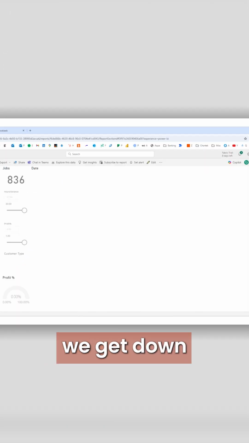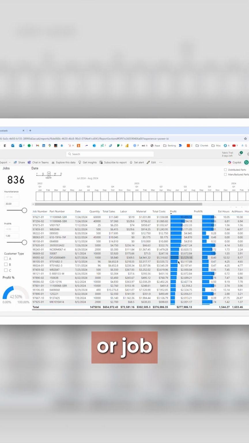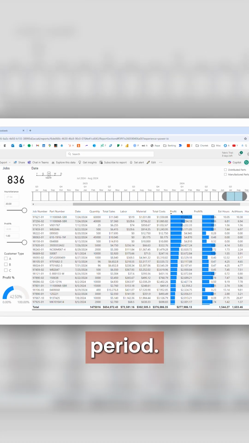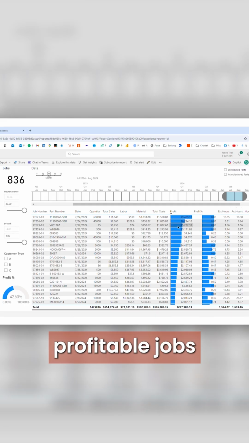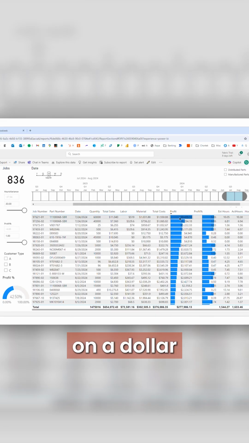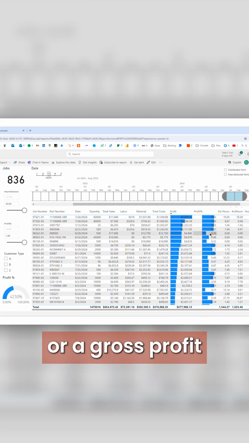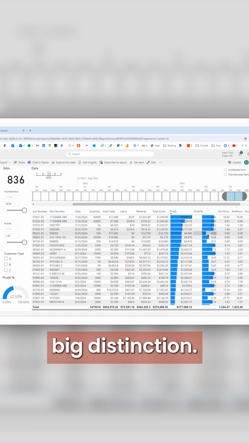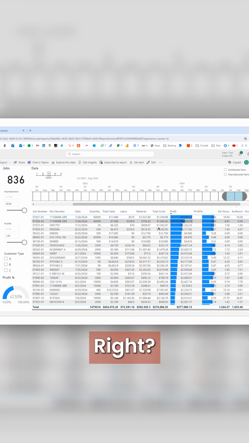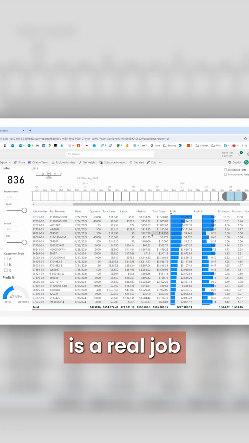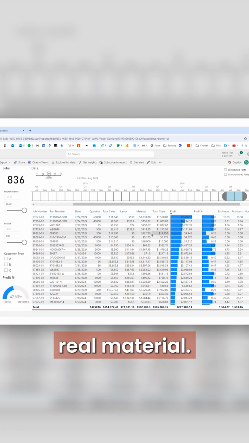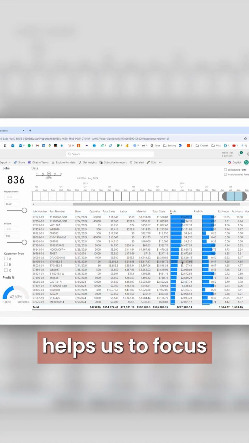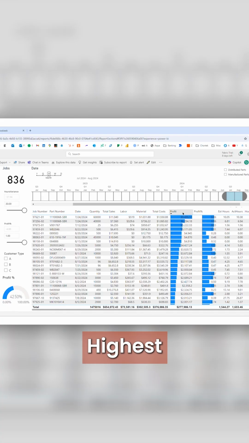And ultimately, we get down to the part by part or job by job basis. So I'm able to look again for any time period. What is my highest profitable jobs on a dollar percentage or a gross profit percentage? And again, you see there's a big distinction. They're not all the same, right? So behind each one of these is a real job with real hours going in, real material. It's complicated, and yet using tools like this helps us to focus where should our attention be, highest or the